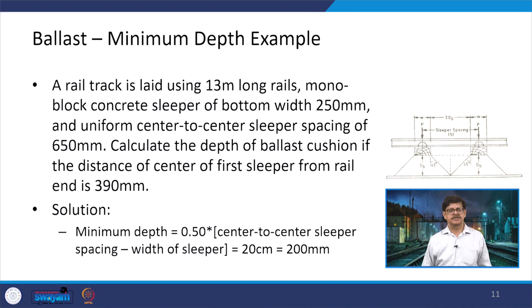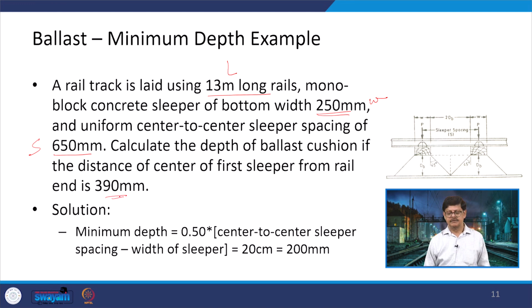What it says: there is a rail track which is being laid with 13-meter long rails. There are monoblock concrete sleepers of bottom width 250 mm and uniform center to center sleeper spacing of 650 mm. So, this is S, this one is W, this is the length of the rail L. Calculate the depth of the ballast cushion if the distance of the center of the first sleeper from the rail end is 390